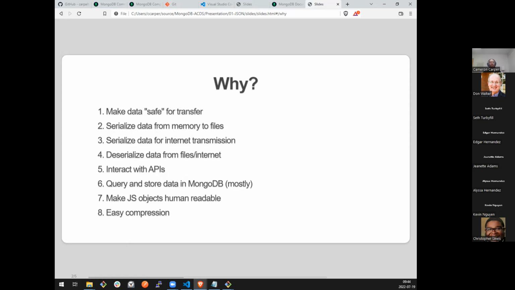More on point for this class, that's how we're going to query and store data in Mongo. Again, there's a note of "mostly" here. I talked about BSON earlier. Truly behind the scenes, the files will be written in BSON, and we do have those extra BSON types we can use if we need them. But at the basic level, we can conceptually treat it as if we're dealing with JSON, because it's very, very close to the same thing.